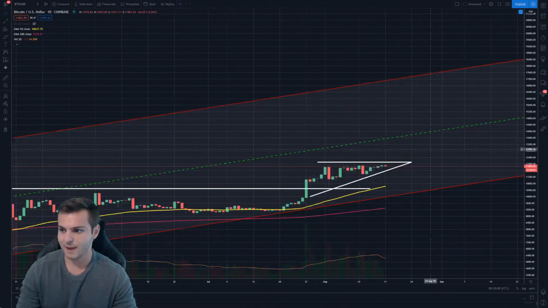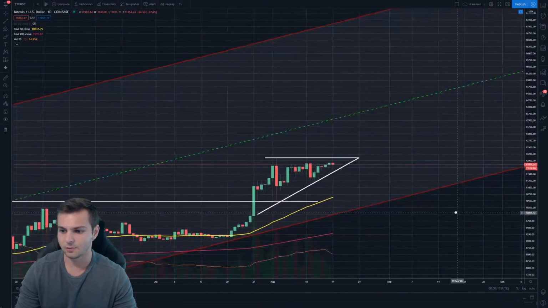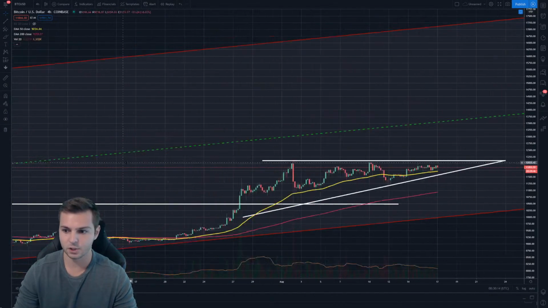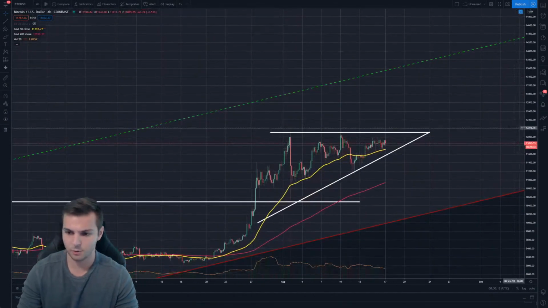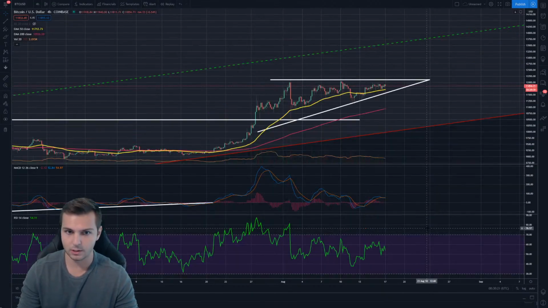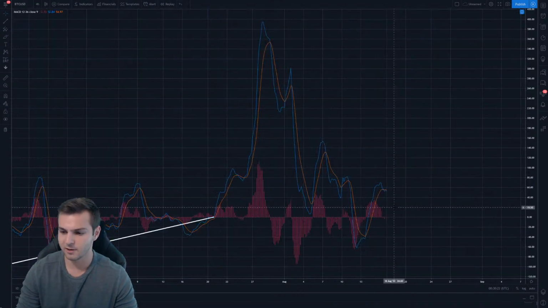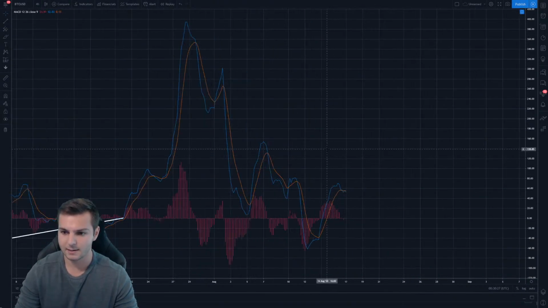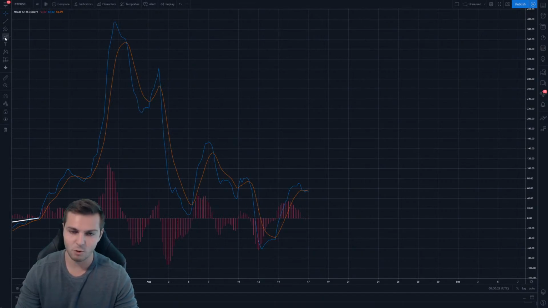So now that we have mapped out our resistance and why it is resistance in 2 different ways, we can understand why this ascending triangle over in here would make a lot of sense. Now, I want to look at this in comparison to some of our indicators and oscillators. Nothing too significant over here. I think one of the things that we are looking at is, again, even this is on a 4-hour time scale, and I want to see what this looks like on a 1-day before I make any kind of crazy